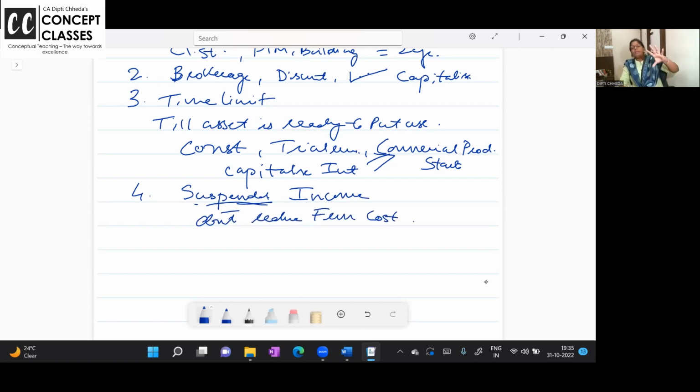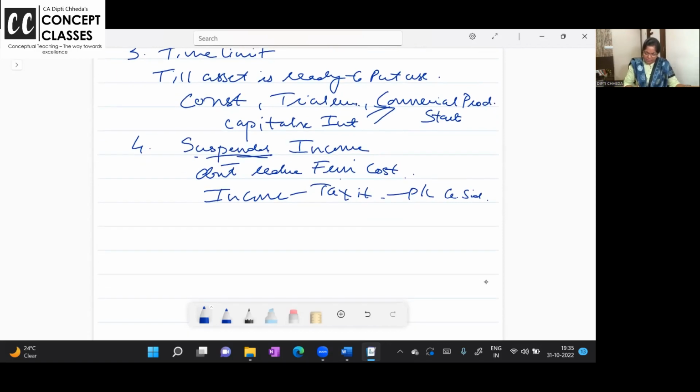On 1 crore, 12 months interest is 12 lakhs, just assume. But I got 3 lakhs as income because sometimes this money was not used. I gave it as a loan to another company and they gave me 3 lakhs. So the accounting standard says capitalize only 9 lakh. Income tax says no, income does not reduce from the cost. Just tax it and pay the tax. Take it in the P&L account credit side and pay the tax if the income is from suspension for some time.